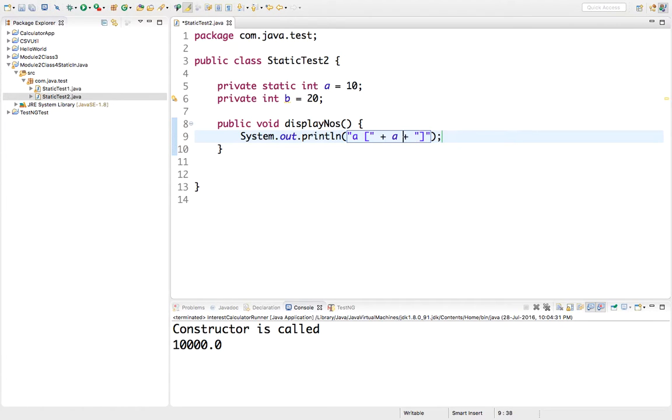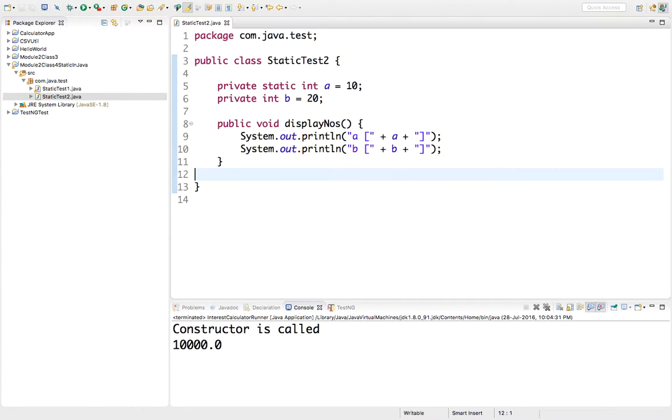It will show an error because it's a non-static field. Okay, it was fast. We can have the value of b. This is the value of a and value of b, printing on the screen.